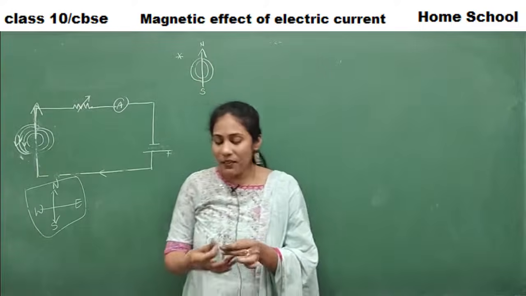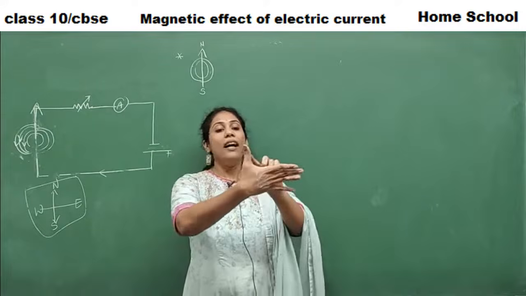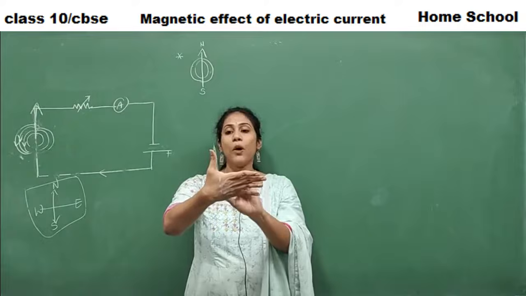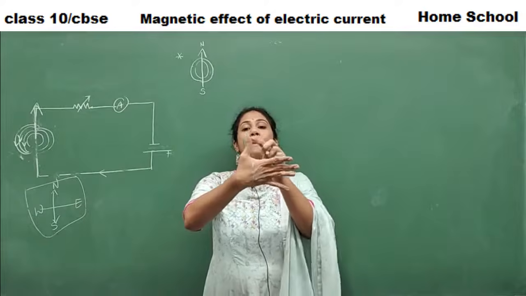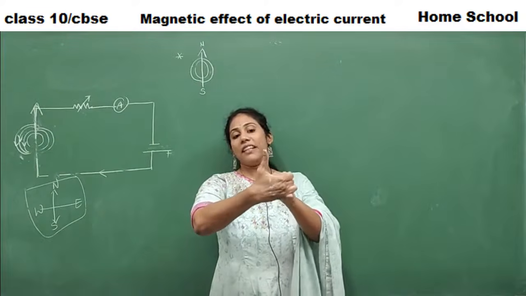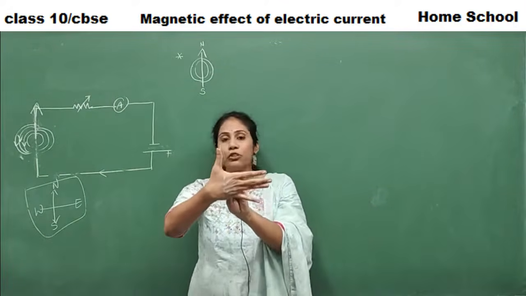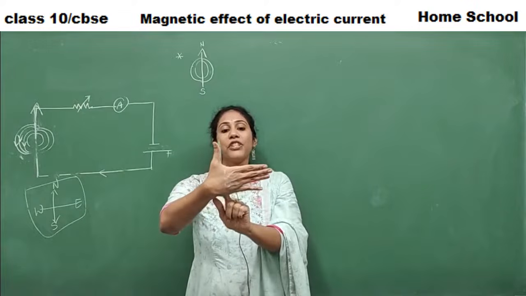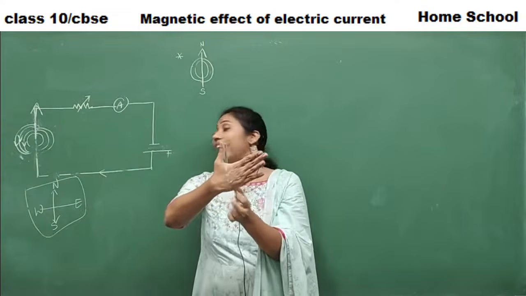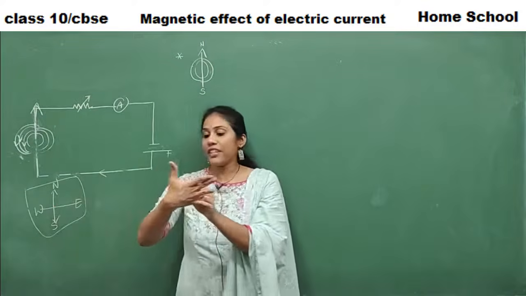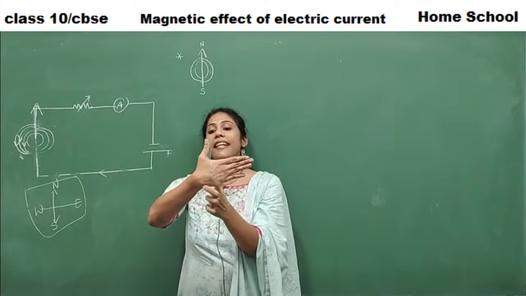Let me explain once again. This is the situation. This pen is a straight conductor, and current is passing from bottom to top, that means from south to north. My thumb is the direction of current. Current is passing from bottom to top because the thumb is facing upwards. South to north. And for the direction of field lines, think of this as the south side, this as the north side, and according to the board directions, this is the east side, this is the west side.